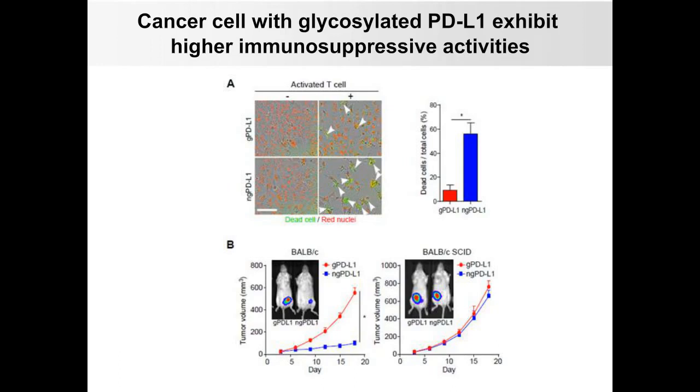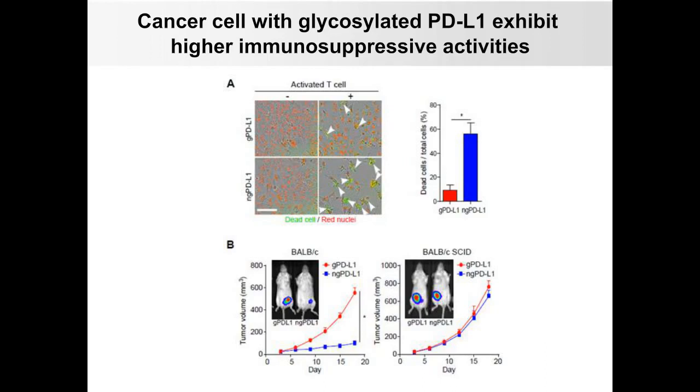In this case, it's a BT549 nuclear IP clone, and we add activated T-cells and incubate together for about 5 days. We can see the green fluorescence, which indicates caspase-3 activity. As soon as the cancer cells start to die, we see a reduction of the red color and also a gain of the green fluorescence. This quantification tells us that indeed glycosylated PD-L1 cancer cells have the ability to resist T-cell killing, whereas non-glycosylated ones are very sensitive to T-cell killing.